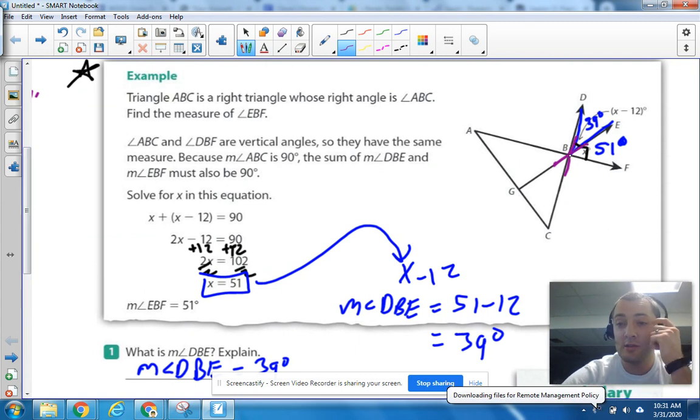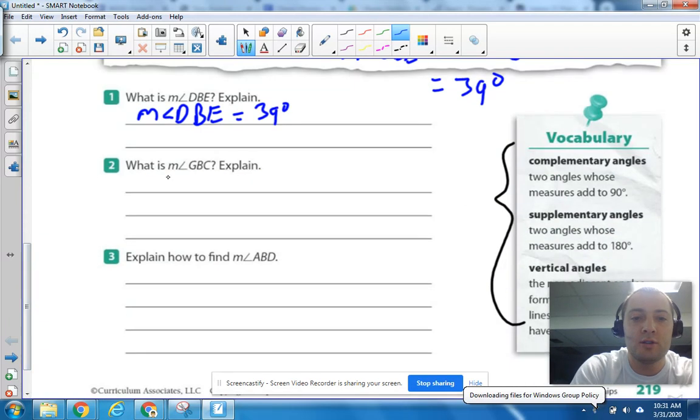That means they're those things called vertical angles, and they're the same. So if we know that DBE was 39, then we know that GBC is also 39 degrees. Okay, so I would say the measure of angle GBC,